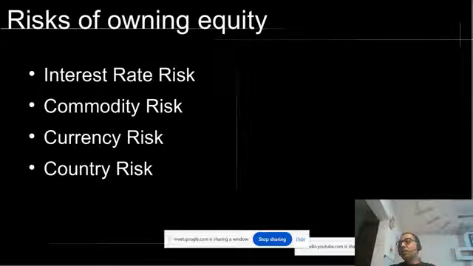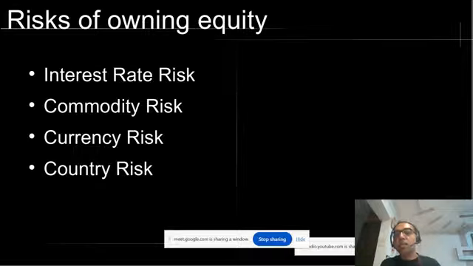The commodity risk is if the company in which you are investing is a manufacturing based company, and they require a raw material that is usually called a commodity. If there is a price fluctuation in the raw material, they cannot at that instance transfer that increased price to the customers. So sometimes they have to bear this cost and eventually transfer it. The reason might be the customer might move to another product. So that is the commodity risk.